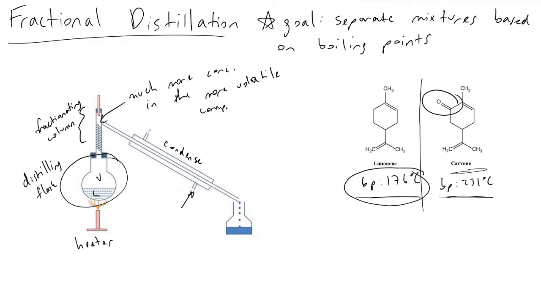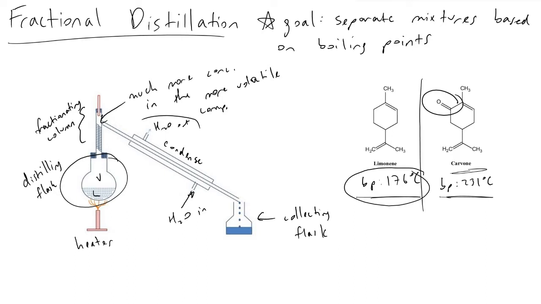And so we'd have water entering here, and we'd have water exiting here. And the water is going to take the heat away from the vapor, which is mostly limonene, and the limonene will condense into a collecting flask right here. And so your collecting flask will be concentrated in limonene. It will have a little bit of carvone in it, but certainly a higher limonene concentration than did